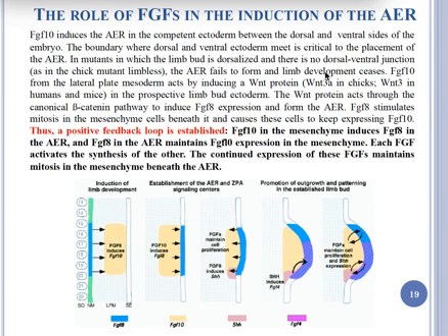So we have conservation of Wnt induced by the FGF10. This Wnt is present in the ectoderm, as I mentioned before. So this Wnt will act through the canonical beta-catenin pathway to induce FGF8